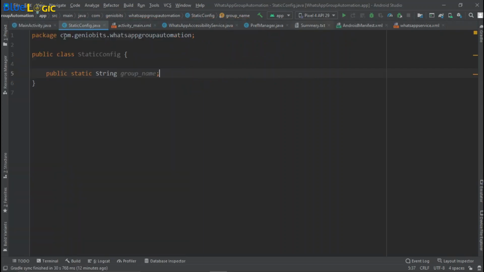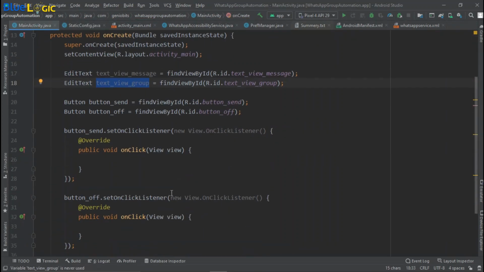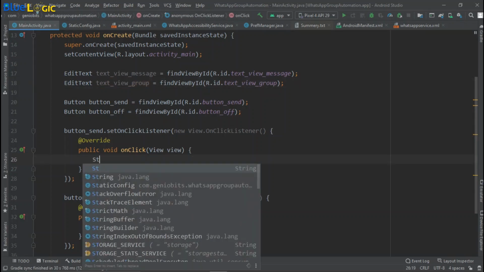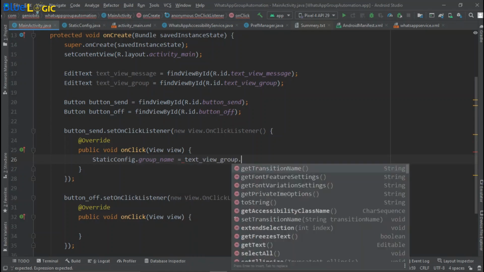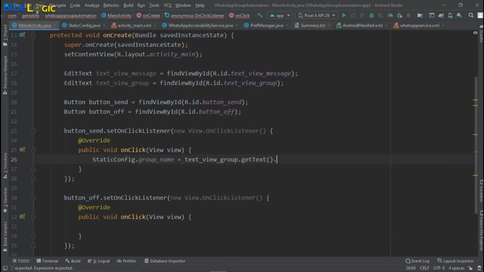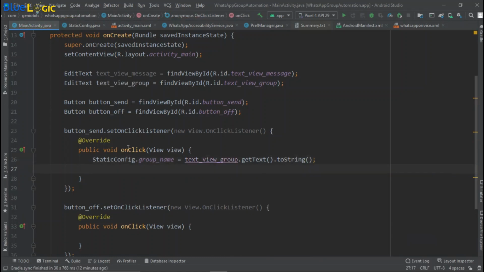Okay, so when the user clicks on this button, we have to set StaticConfig.groupName to the group name that we got from the user. So StaticConfig.groupName equals textViewGroup.getText().toString(), and after that we just have to send the intent. Okay, I will do that afterwards.